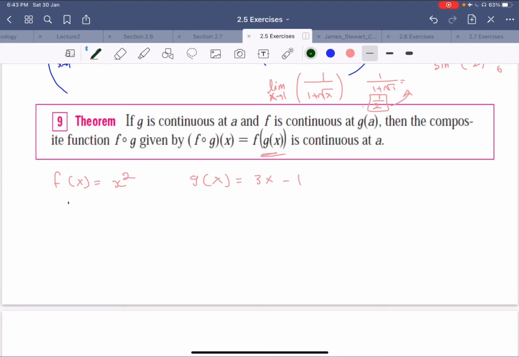The domain of f of x is R and the domain of g of x is R too. If they ask us about continuity, this is continuous from negative infinity to positive infinity, and this is continuous from negative infinity to positive infinity. So if they ask us for f of g,